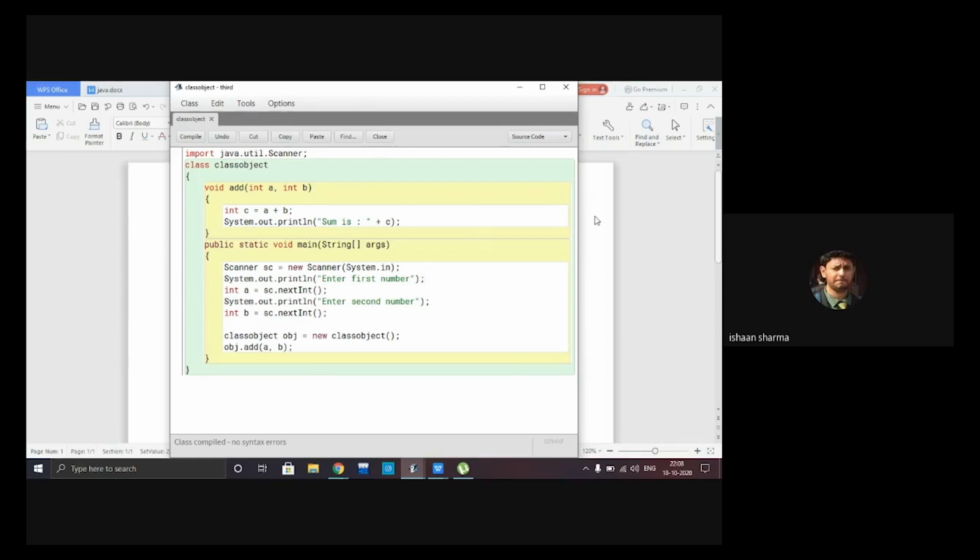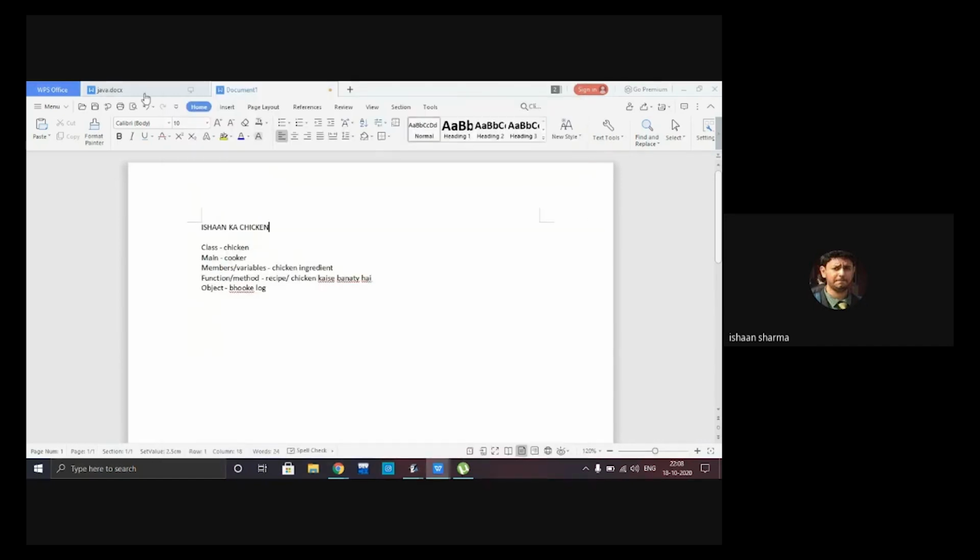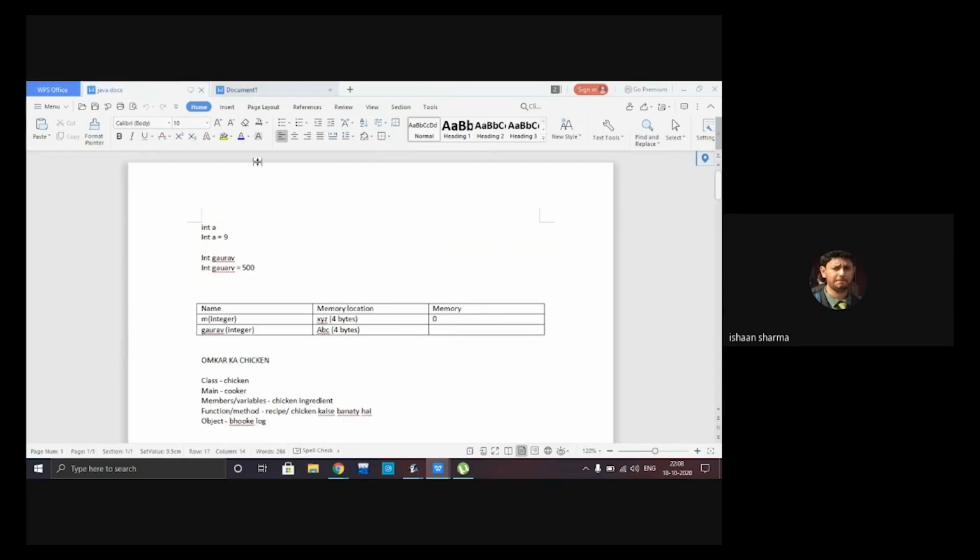Before we proceed any further, I think you may already be used to the topics of variables and functions. If you don't know, it's a quick go-through of everything.